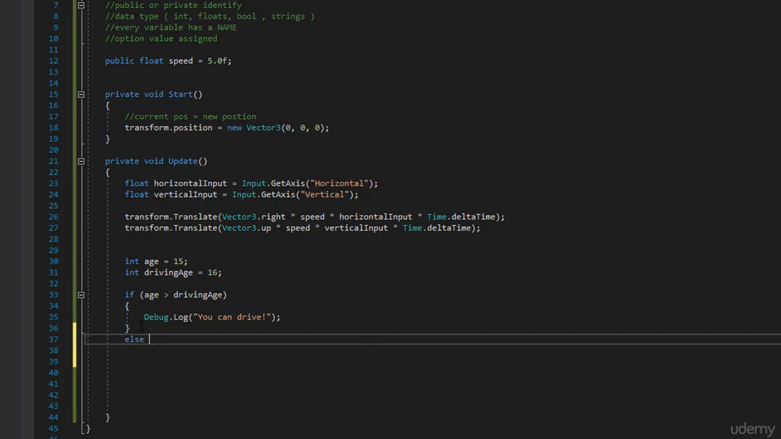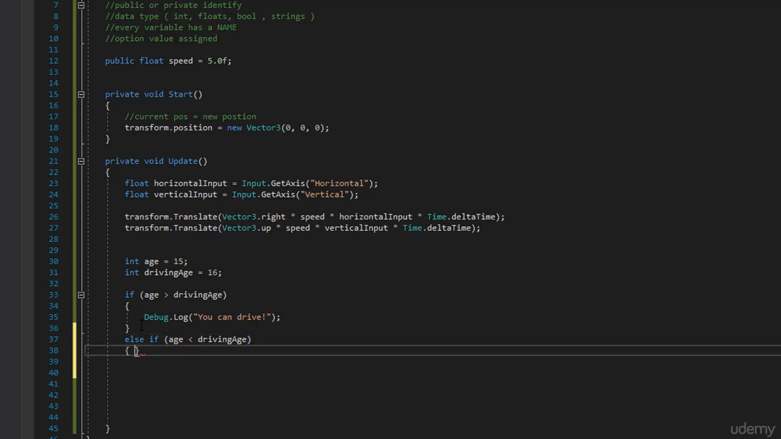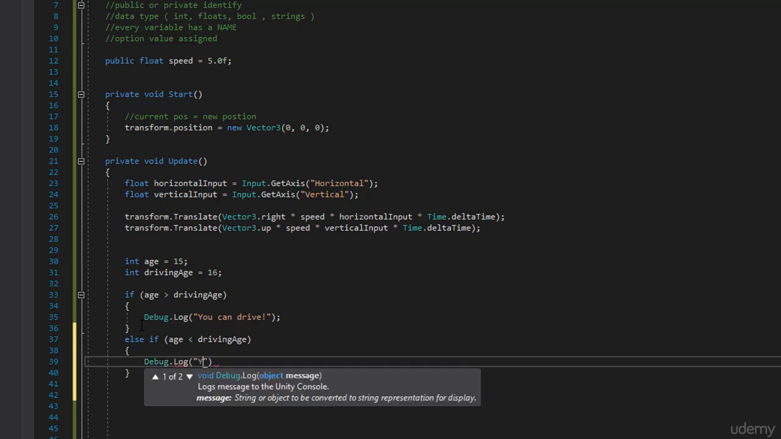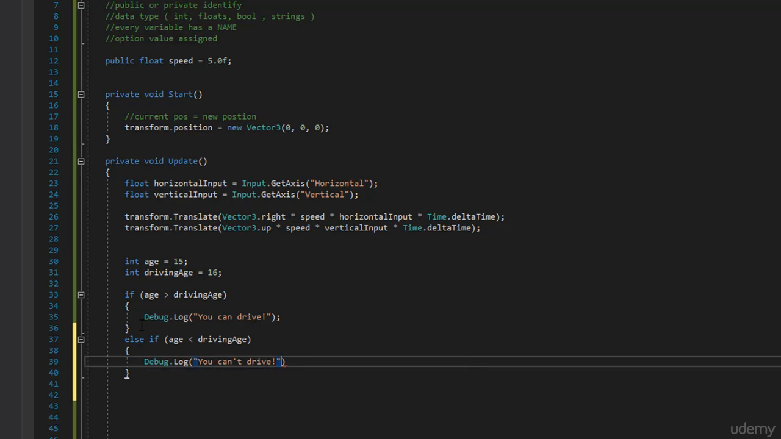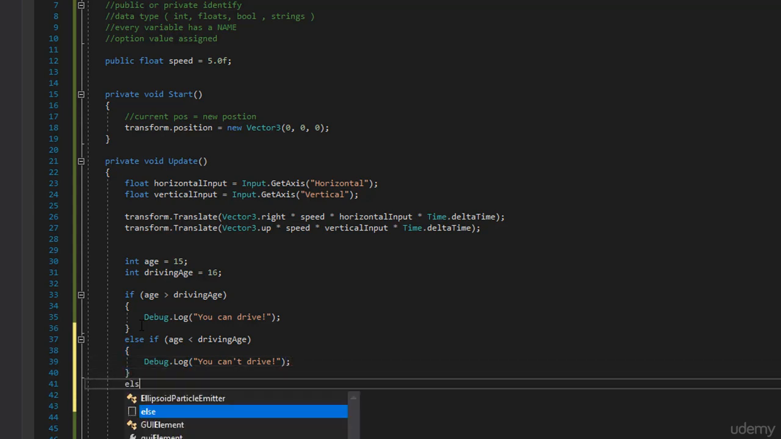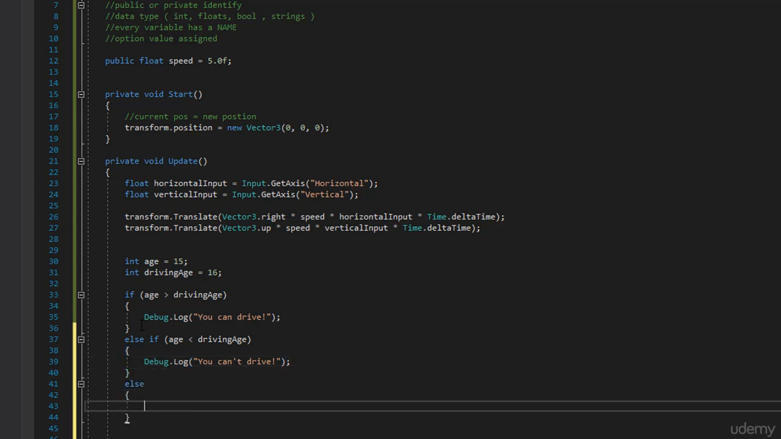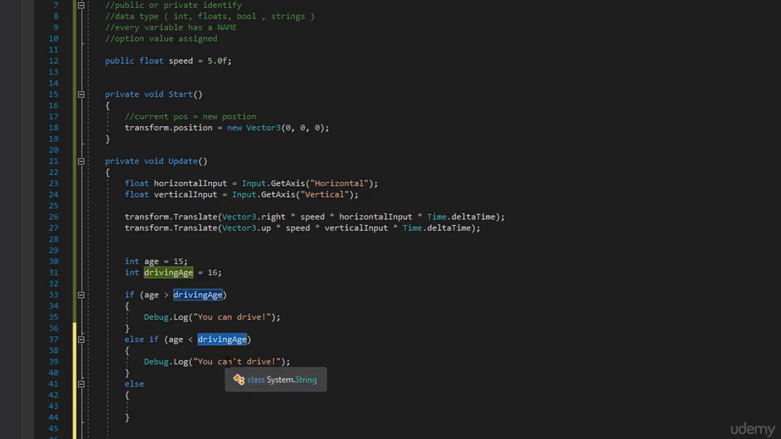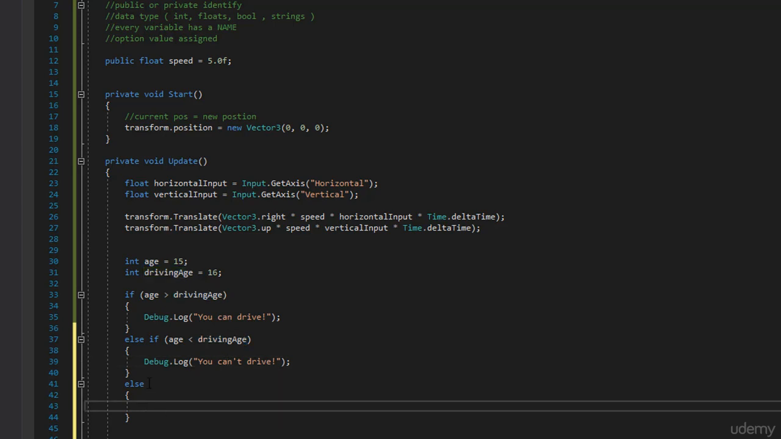So for that, we can say else if age is less than driving age, and we'll print out Debug.Log, you can't drive. And then down here, we'll have a default case. So what happens if your age is greater than driving age? It's going to print out you can drive. If your age is less than the driving age, you can't drive. Else, your age must be the driving age. We'll say Debug.Log,